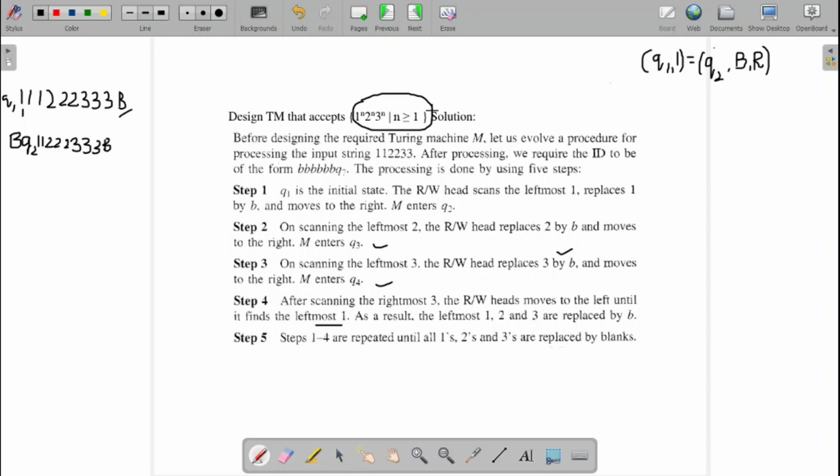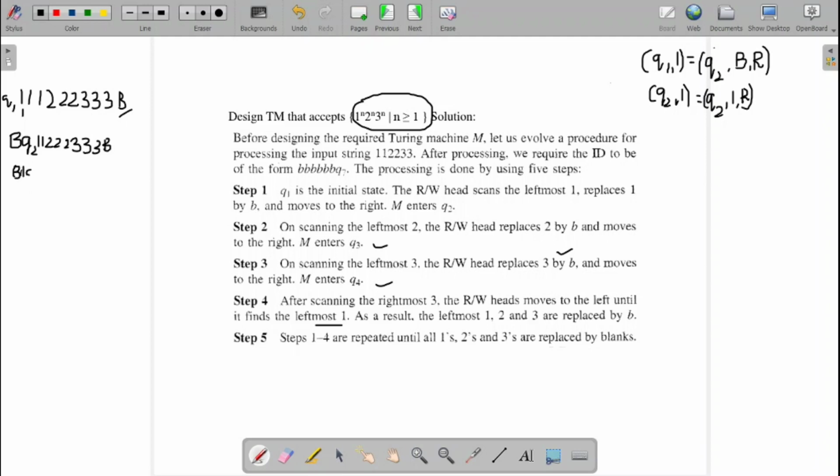So Q2 is meant for matching the 2. Now for the 1, I won't do anything. Q2 on 1 stays as it is, 1 as it is, and I will move towards the right side in search of the 2. Again, Q2 on blank, then it is Q2 on... so I will make the right movement.